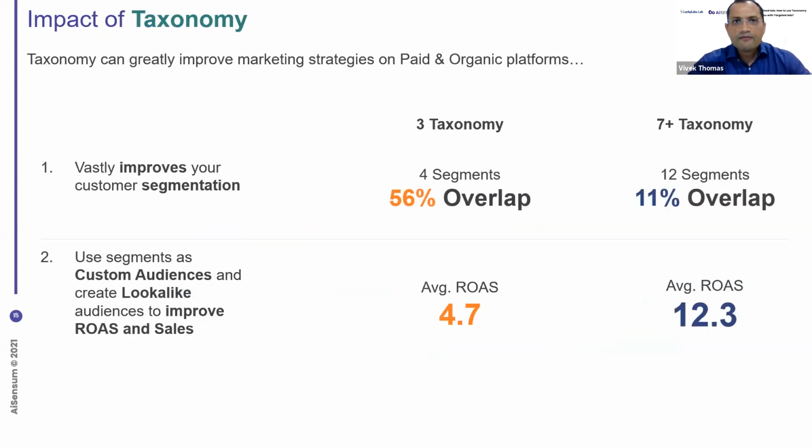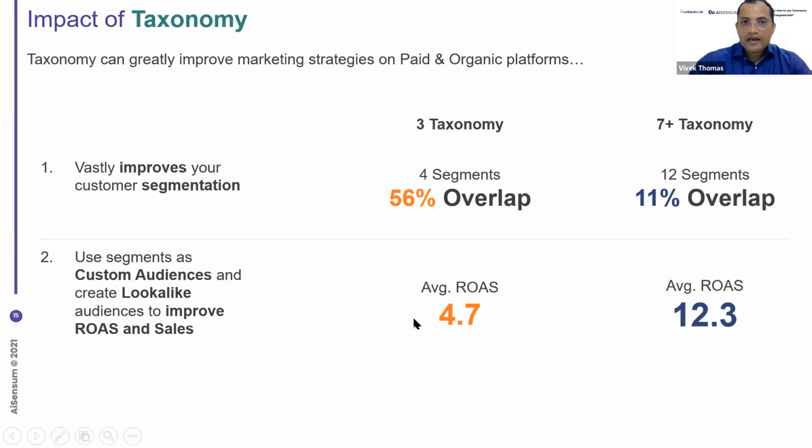So finally, what is the impact? The impact is that if you want to improve your marketing strategies, be it paid ads or organic content that you create, and you improve your taxonomy, it will definitely improve your segmentation and reduce your overlaps. You would get more accurate, narrower custom audiences, because in digital marketing, while everybody tells you that the bigger the audience, the more people we can get, it's actually the reverse. The sharper your audience, the better your results.